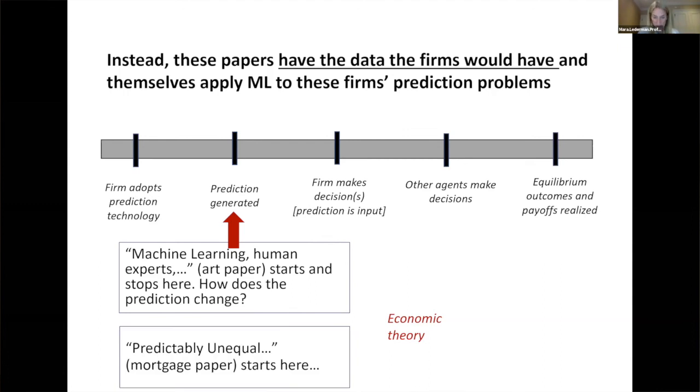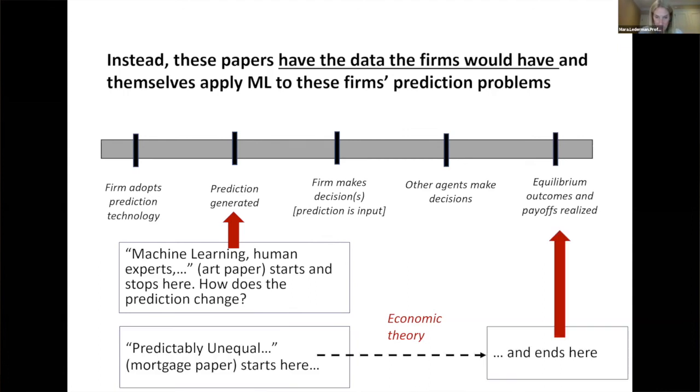The other paper says what happens to predictions, then what happens to our decision to offer a mortgage. How does that interact with competing banks' decisions? Who accepts those, and what happens to the equilibrium economic outcomes that we care about? And so,